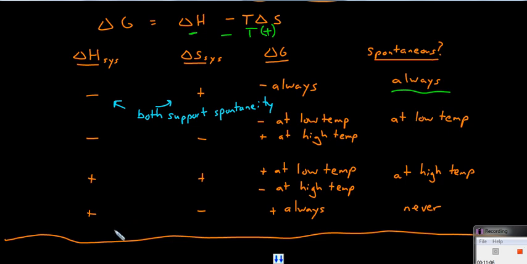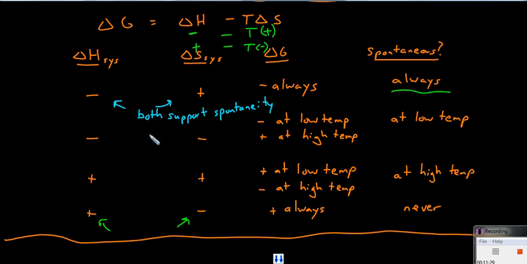If both of these things support spontaneity, then you will have a spontaneous process. Whereas in the bottom case, where we have a positive heat, so it absorbs heat, it cools the surroundings down, and our particles themselves decrease in entropy, that reaction is not going to be spontaneous because neither of these things support spontaneity. Consider where you have a positive delta H, and you're subtracting temperature times a negative delta S. Positive, and then negative times negative is positive. We have a positive plus a positive, that gives us a positive delta G. That is going to be positive always, that's never spontaneous.